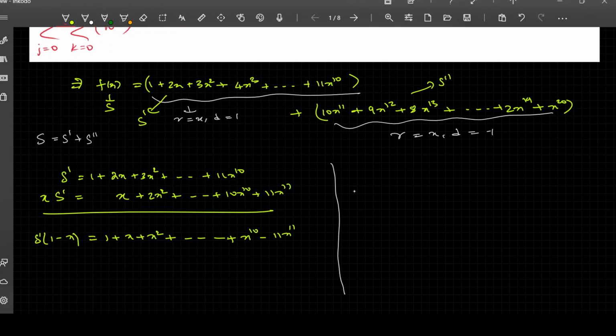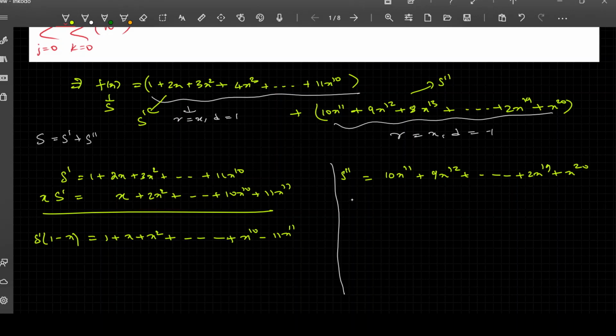So that would be s double dash is equal to 10x^11 plus 9x^12 plus so on, plus 2x^19 plus x^20. So just multiply by x now. So x s double dash would be 10x^12 plus so on, and this would be 2x^20. So I made a small mistake here. This would be 3x^19 plus 2x^20 and